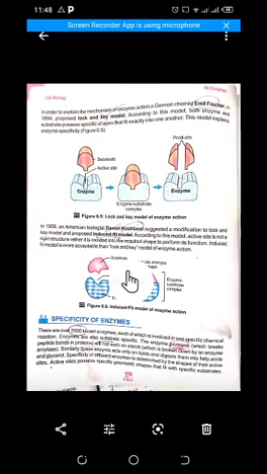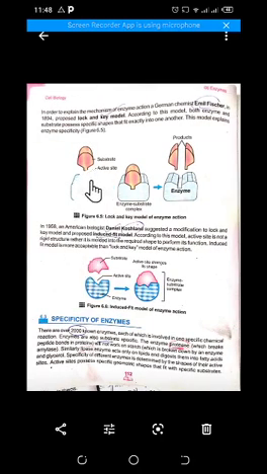But for that working, how would we reach towards the mechanism of enzyme action? Many scientists have worked for it, they researched for it. First of all, there are two models that explain the mechanism of enzyme action. The first model is called the lock and key model. It was proposed by a German chemist known as Emil Fischer. In 1894 he proposed this model, and according to this model, both enzyme